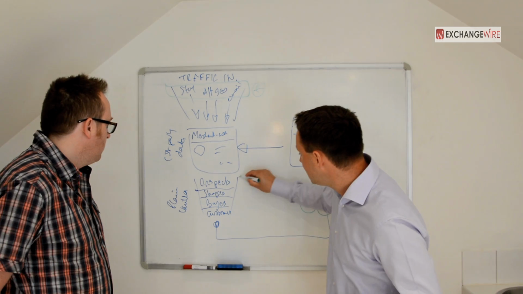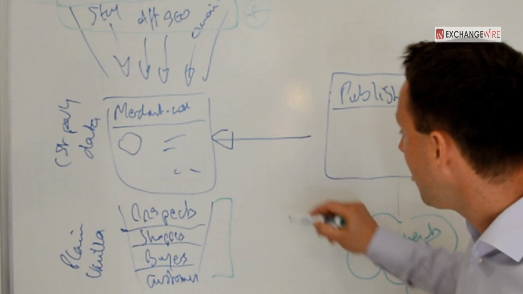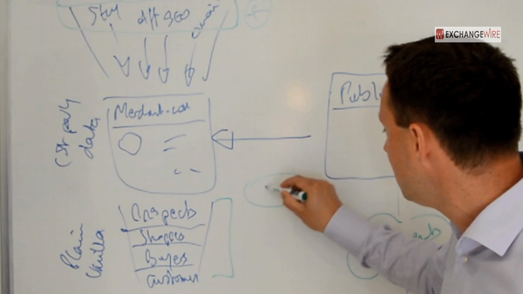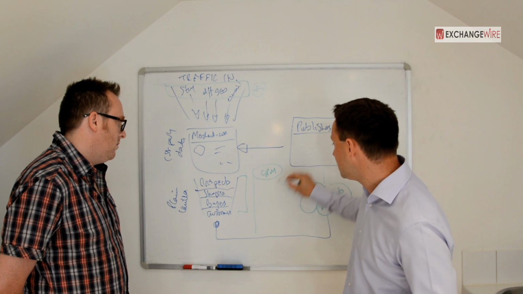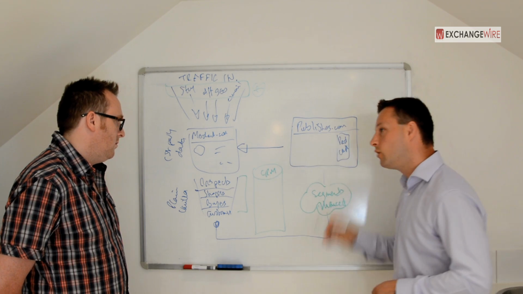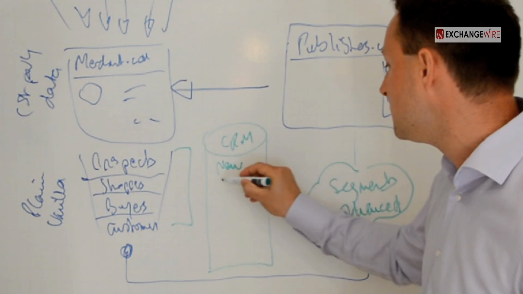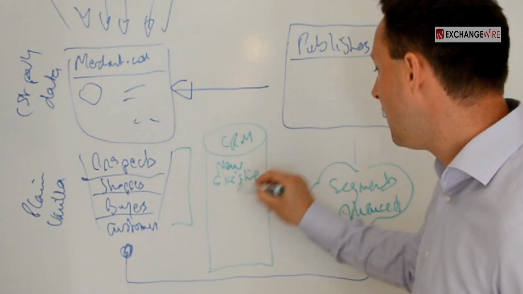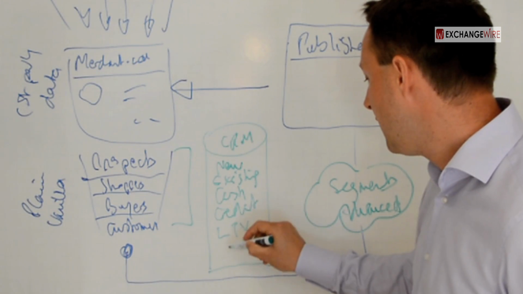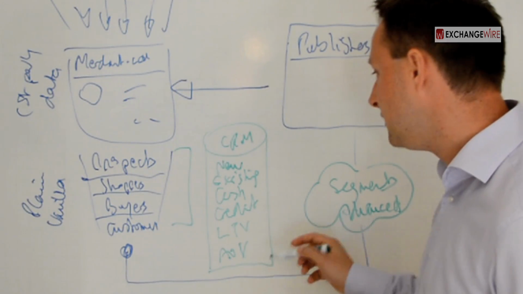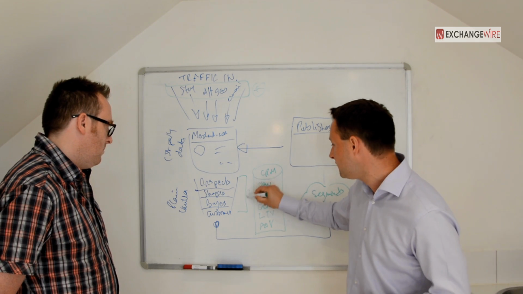We then take this very plain, simple way of looking at prospects, and we try and enrich that with CRM data. This is really a very advanced way of working with advertisers. It does take some integration where we plug into their system, and that allows us to see additional information such as, is it a new user? Is it an existing customer? Are they paying cash? Are they paying credit? What is the lifetime value? What was the last AOV and date of purchase? That allows us to really enrich all of these segments in a very sophisticated way.